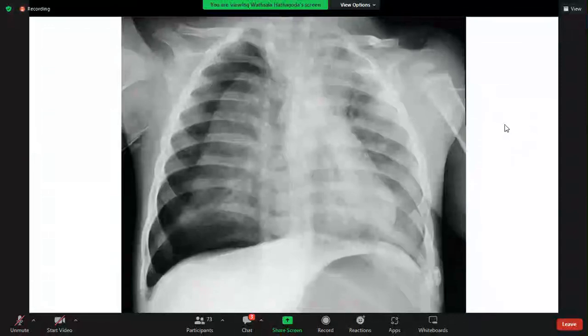What else can you do other than X-ray? What are the other investigations you can do at this point, if a child is not responding? Madam, can we do endoscopy such as bronchoscopy? Okay, as a last resort, yes. If you see any sort of collapse, you might do a bronchoscopy